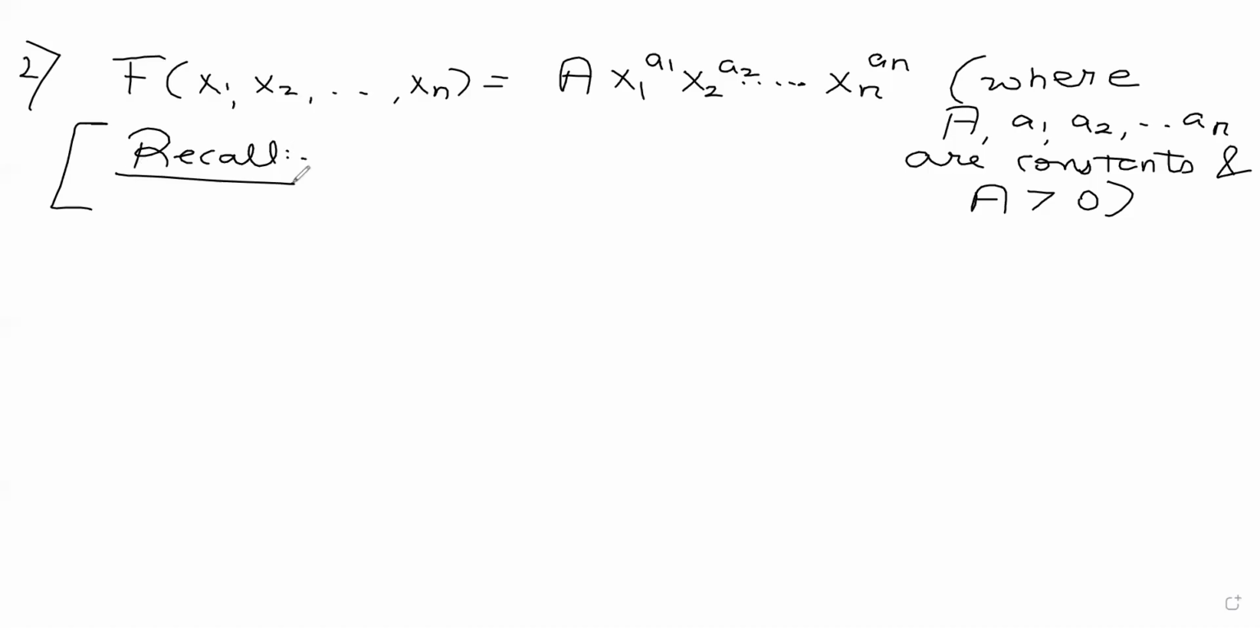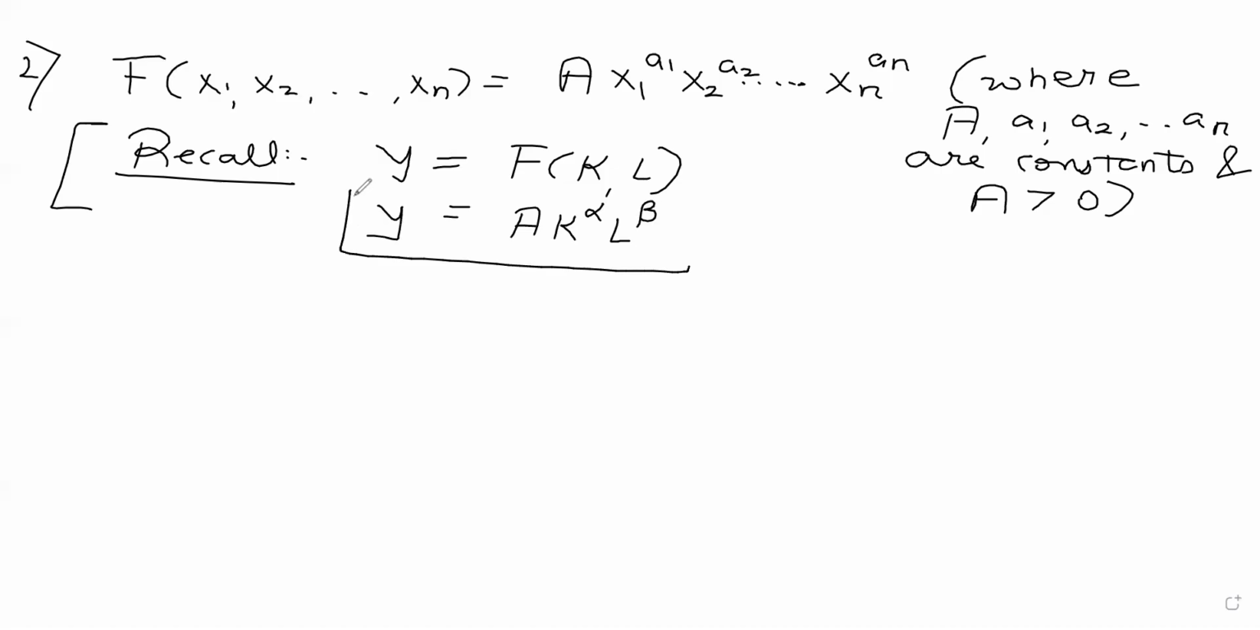So basically, output Y is a function of capital and labor. We can apply this to microeconomics. Output is a function of capital and labor, which I can write like this: A K to the power alpha, L to the power beta. In microeconomics, this is called a standard Cobb-Douglas production function,